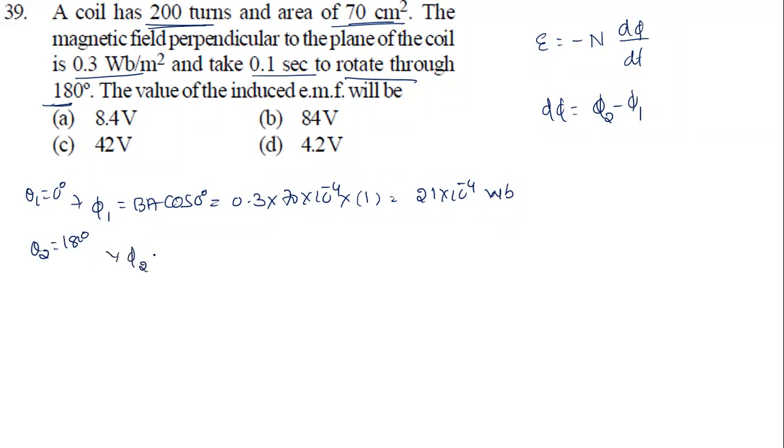Second case, flux phi 2 is B A cos 180 degree. So it will become minus 21 into 10 power minus 4 Weber. So change in flux d phi becomes phi 2 minus phi 1, it will become minus 2 times of 21 into